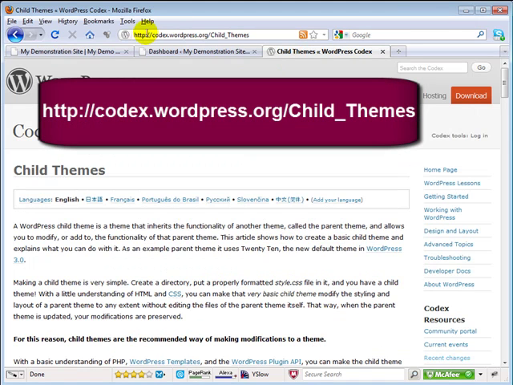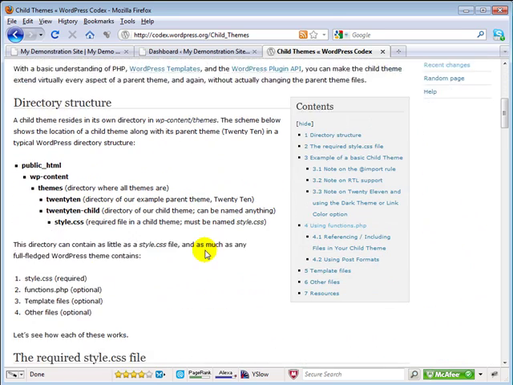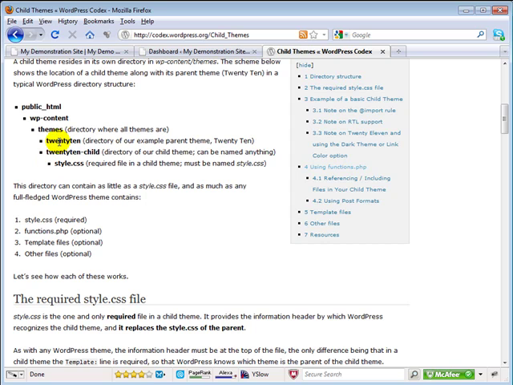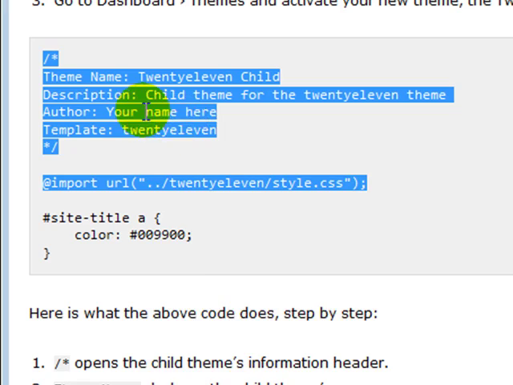And where you want to head to is codex.wordpress.org/child_themes. Make sure you capitalize the C and the T, otherwise you might end up with a page not found error message. And you'll see in here that a lot of this is referring to the 2010 default theme of your WordPress site. I'm going to be doing all my work here in the 2011 default theme, but as far as creating the child theme, it's all pretty much the same thing. So I'm going to go ahead and scroll on down here and copy this code for me to make our